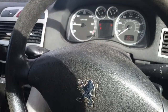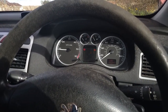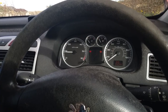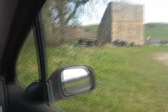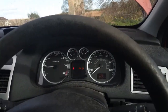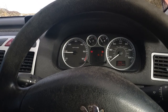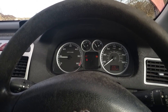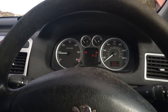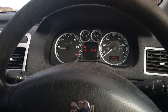As you can probably hear there, the straight pipe gives it a nice tractory burble, combined with that £20 Halfords universal air filter. I wouldn't trust that on the road. We could take it for a little drive just now, but it's pretty uninspiring as it stands, honestly. It's a reasonably heavy car in comparison to the 205. It seems to be having some issues with the EGR valve, maybe. I'm not sure. Also, it absolutely stinks in here, so I don't want to spend too much time in here, but we'll just give it a...